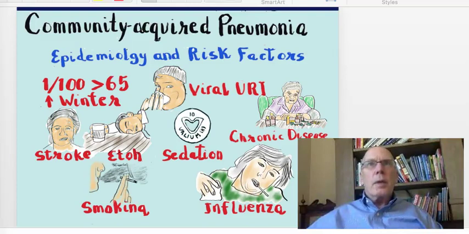In our first video, we discussed the epidemiology and risk factors for community-acquired pneumonia, and this sketch note summarizes the facts that are important for you to know. This is primarily a disease of the elderly, where the incidence is nearly 1 per 100 each year for those 65 years and older. This disease is more common in the winter, and factors that predispose to community-acquired pneumonia include